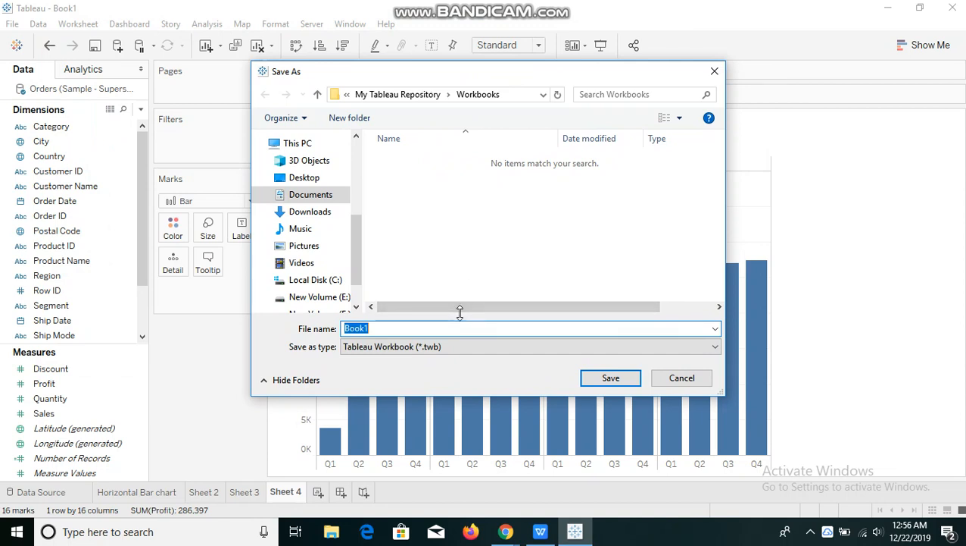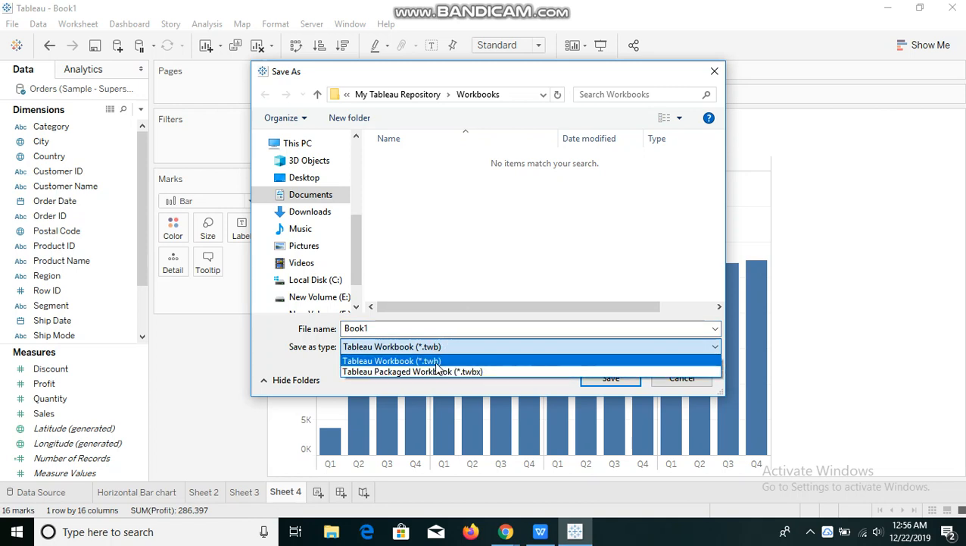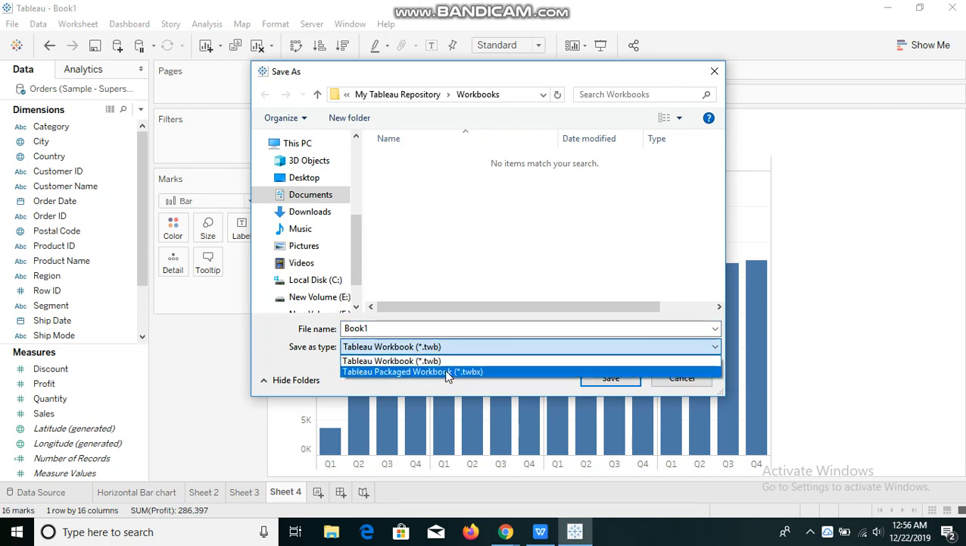We have 2 extensions available. One is TWB and the other one is TWBX. What happens with TWB and TWBX, I'm going to show you in my next video, where I can explain clearly with all the extensions available. For now I'm going to save it as a Tableau packaged workbook, because it won't ask you to provide the data source again when you open it again or share it with anyone. I'm going to save it as bar chart